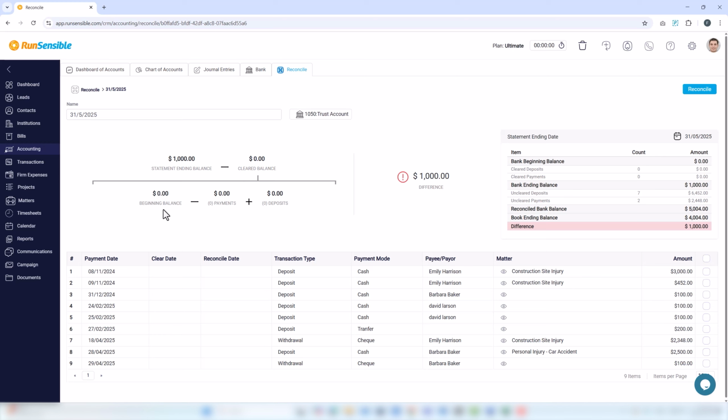In the lower portion of the diagram, the system provides the formula used to calculate the cleared balance. It begins with the account's beginning balance at the start of the reconciliation period. From there, it subtracts the total of cleared payments, representing outgoing transactions that have been verified, and adds the total of cleared deposits, which are verified incoming transactions. The resulting cleared balance is then compared to the bank's ending balance to assess accuracy. In order for you to be able to save this reconciliation, the difference section on the middle of the interface